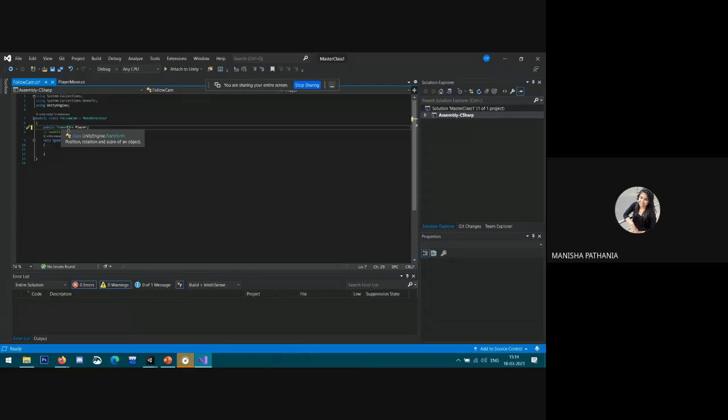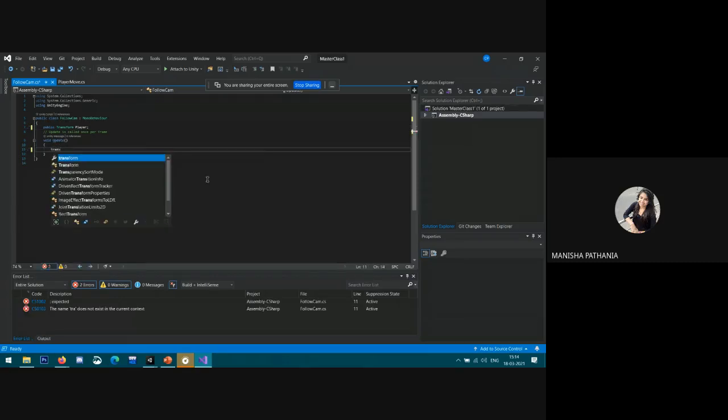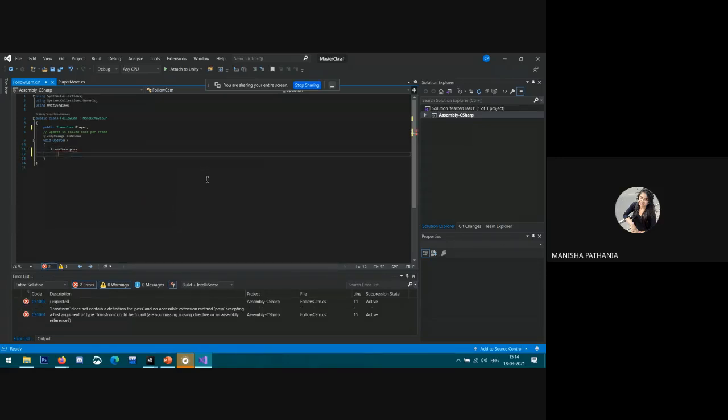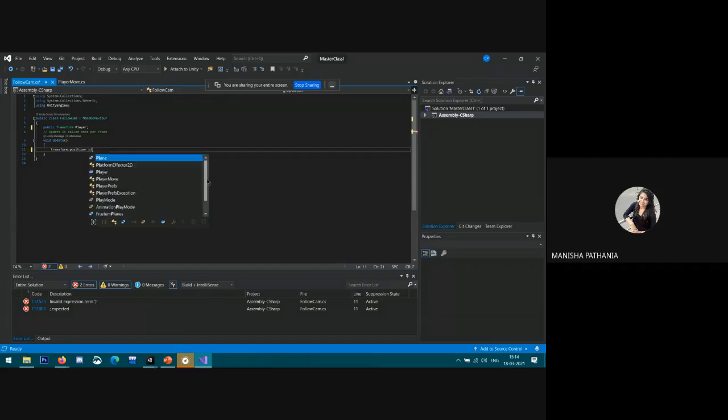Now I'm writing here transform.position equal to player.position.